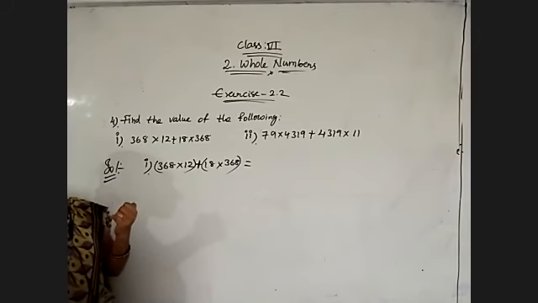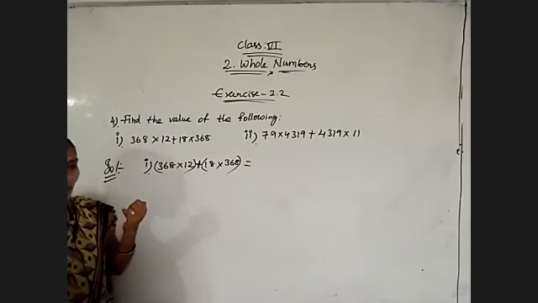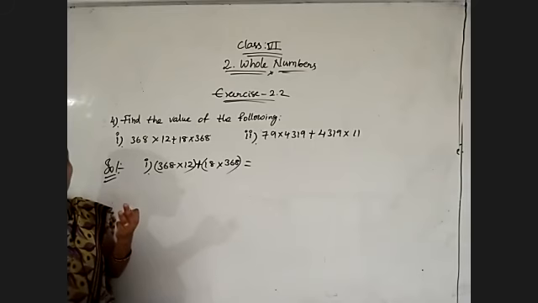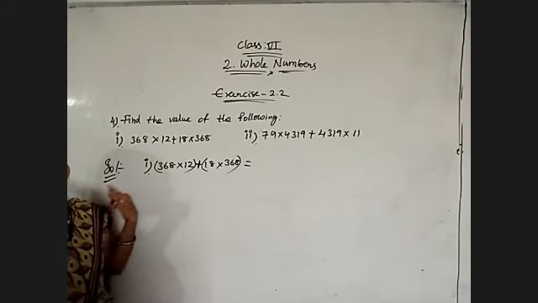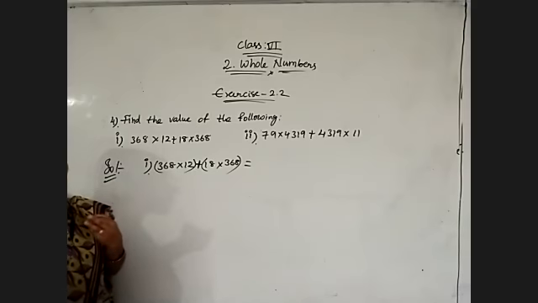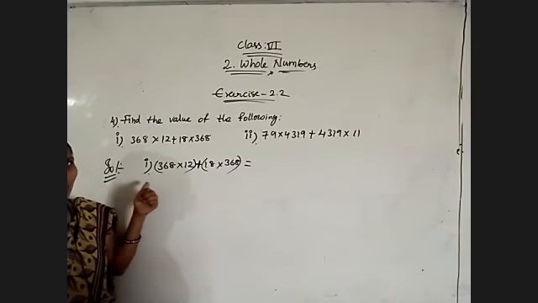Closure property we will state, whether it is a whole number or not, we will check, that's all. And coming to commutative and associative, just before we have used them in so many problems. In so many problems, I have shown how we are going to use those two. And the remaining property is the distributive property. So this is the distributive property. How are we going to change it?